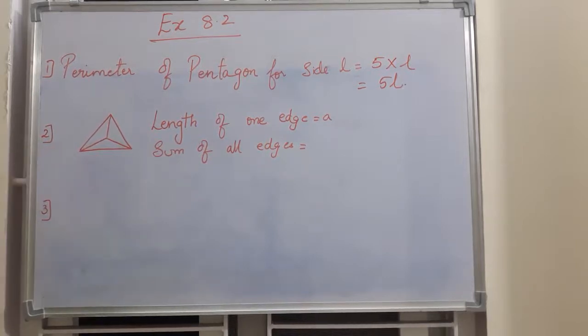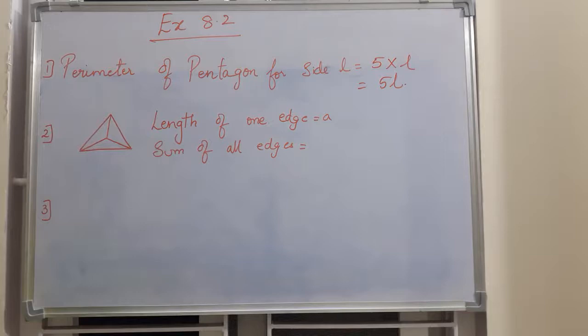So the figure is given like this. You can see in the picture itself. The length of one edge of the tetrahedron. Tetrahedron means nothing but it is the shape of the triangle, children. It's a 3D shape. Triangle is a flat one. Tetrahedron is like this. It will be a 3D shape, like cylinder, like cube, cuboid, all these shapes, okay?